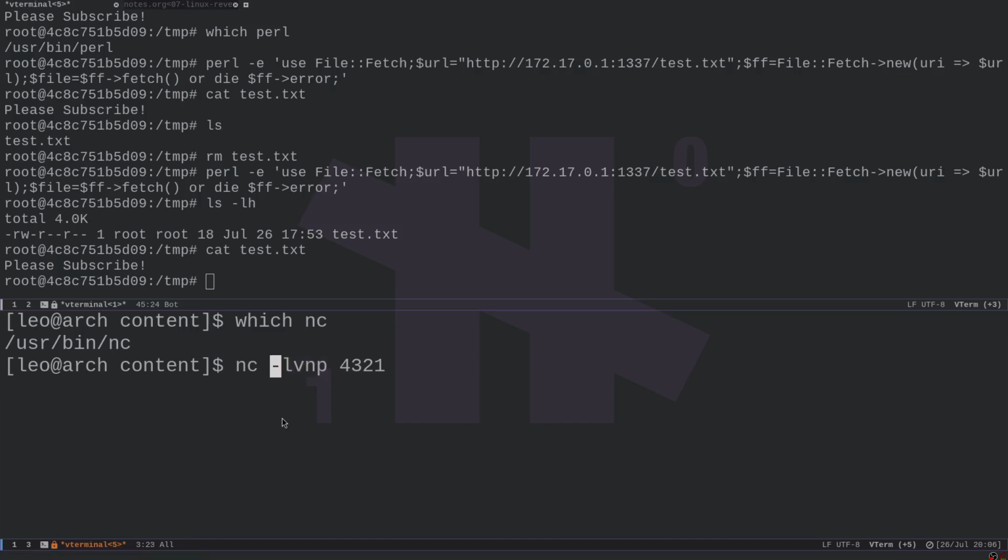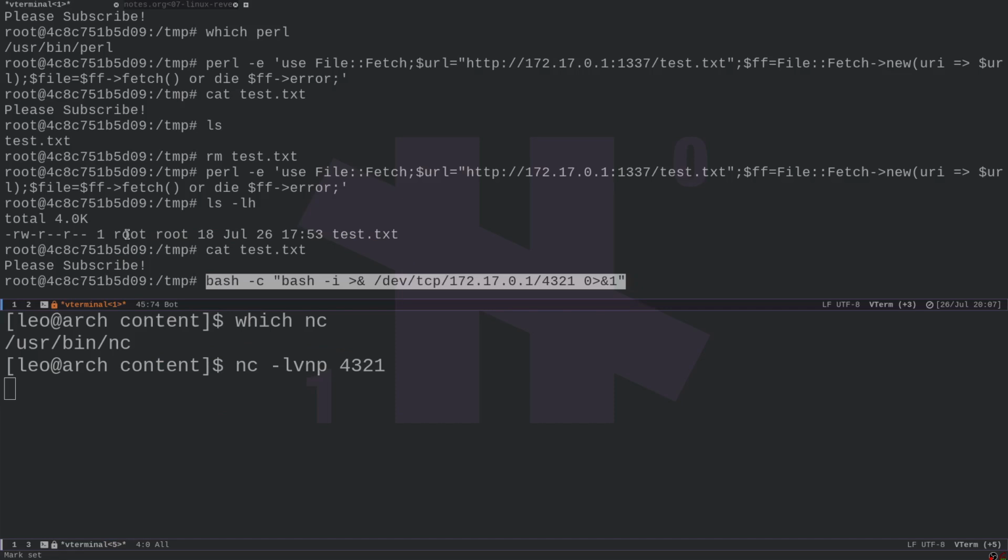In particular, l is for listening, p for specifying the port to listen on, and I think v is for verbose, and n, currently I don't remember, I think it's for not translating IP addresses or something like that. Anyway, we're just going to run this command. Notice that I press OK, so I sent the command on my attacker machine, the one down here. So this one is my attacker machine, and now in this other one, which is the victim machine,